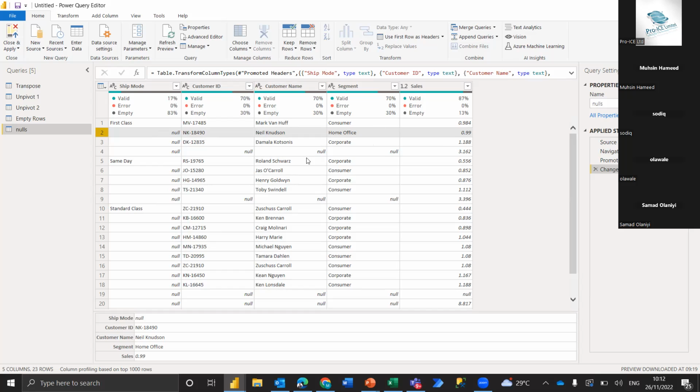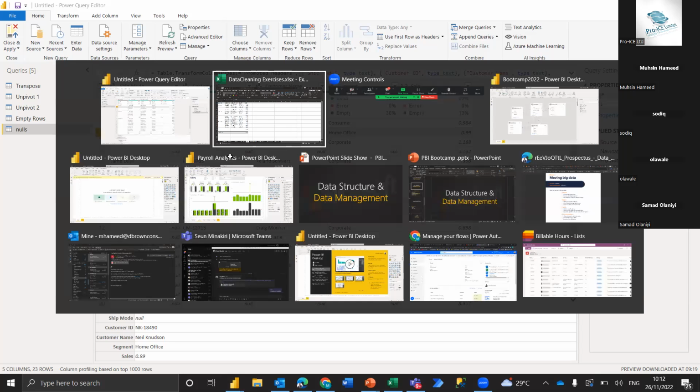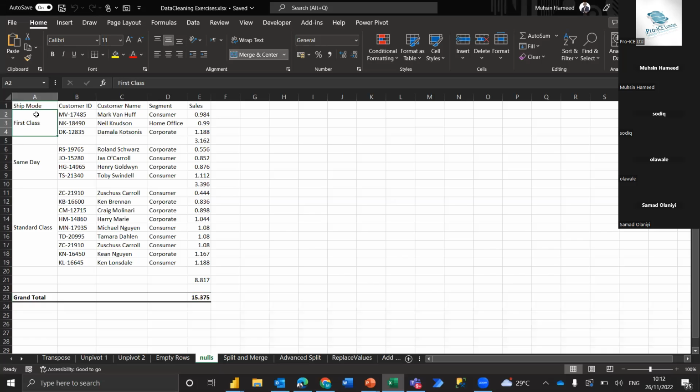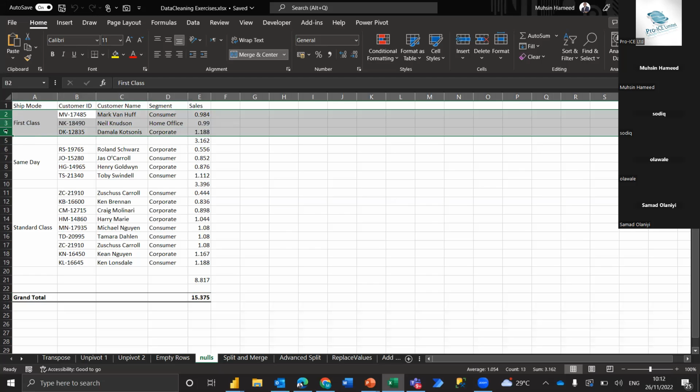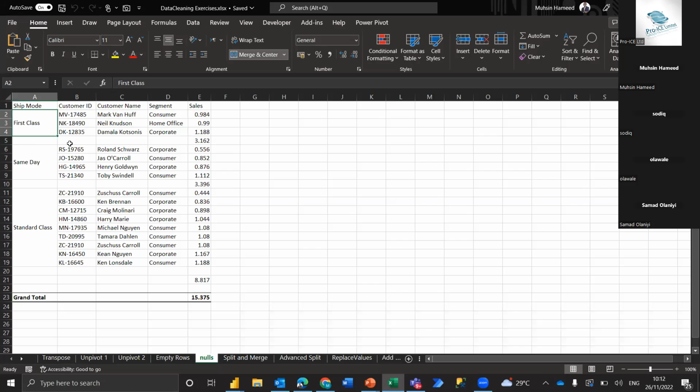Yeah. So normally, if we look at our Excel again, this ship mode here, it's a merged cell. 3 cells have been merged for this first class. So first class is meant to be from row 2 to row 4. But Power Query does not recognize merged cell. And even in Excel, if you merge cells, your value is actually staying on a cell. It's not staying across the 3 cells. So that's why if I